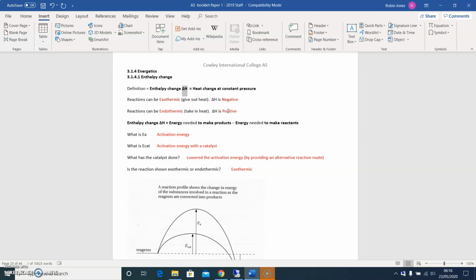And what it is, it's the heat change at constant pressure, because pressure can affect heat changes. Okay, if you go to the top of Mount Everest, water doesn't boil at 100 degrees C, so pressure affects heat and heat changes. So we have to do it at constant pressure. It's also for 1 mole as well, so that's not recorded in the definition, but you work out the heat